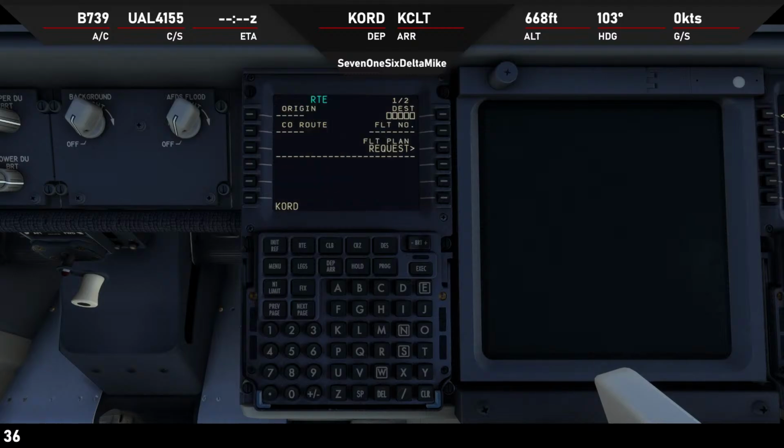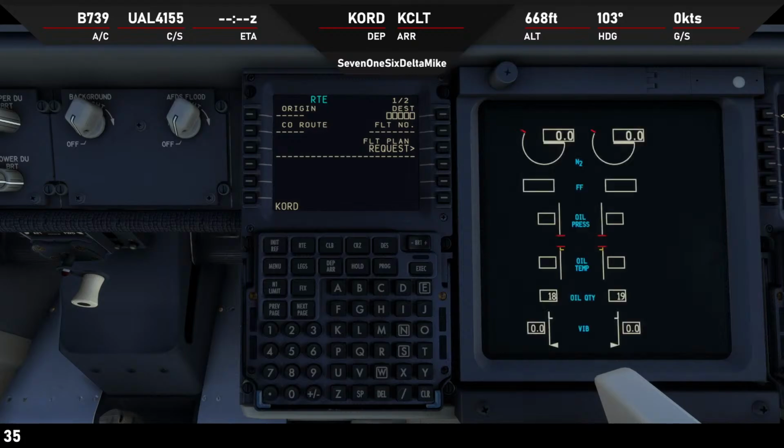And what I think I have not done yet, you're going to have to bear with me here for just a minute, is set up our SimBrief profile for the SimBrief downloader. So let's double check what that is. 738 is that. So let's copy this and let's go in here and add another download. Let's paste that, and I believe we got to go to 739 here, and I need to